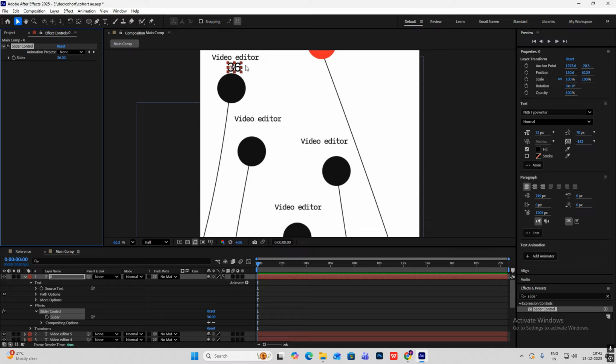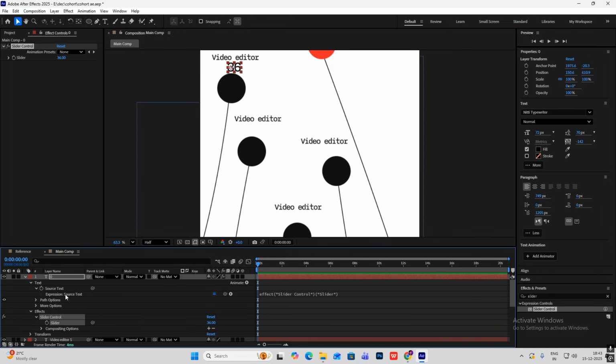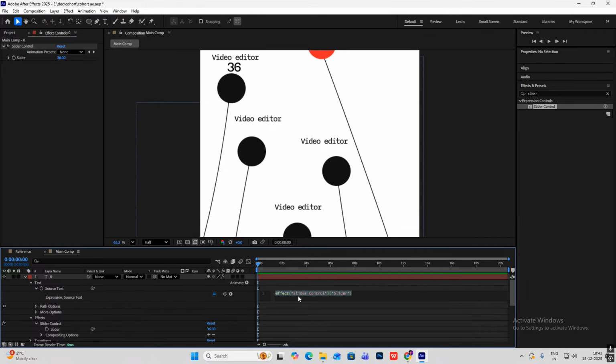But when you do animation, the decimal point will be shown, which you don't want. We want only whole numbers. So what we are going to do is open up this source text. And you can see the expression over here. What we are going to do is first hit an open bracket at the start, and at the end hit a closed bracket. And now at the start type the expression Math.round